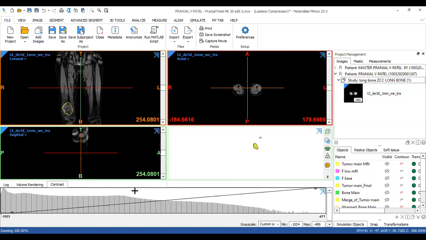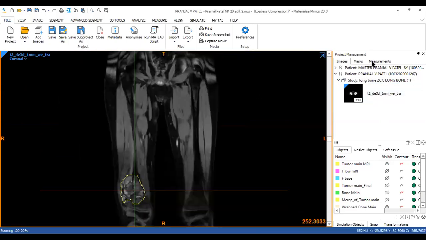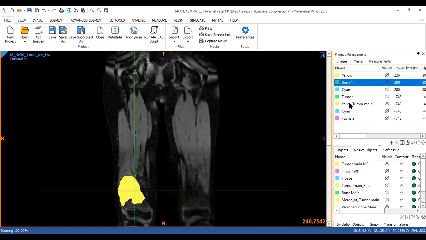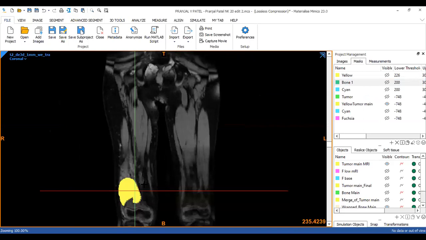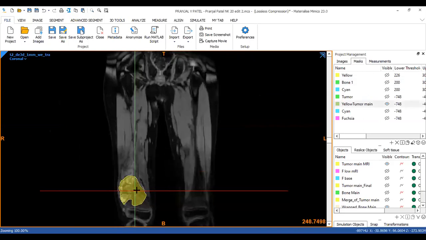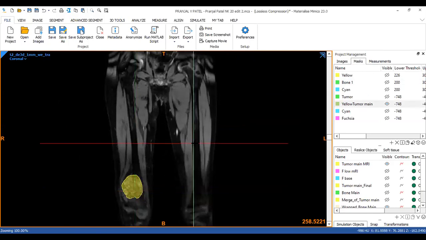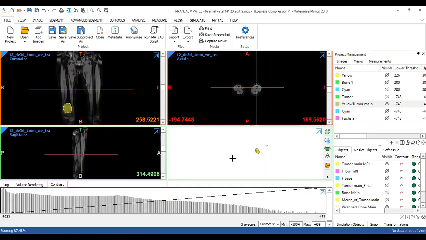So if you see here, I have created a mask for the tumor. So this is how it looks like, right? But I've created this in the MRI view, right? So if I were to see in the 3D view, this is how it is.